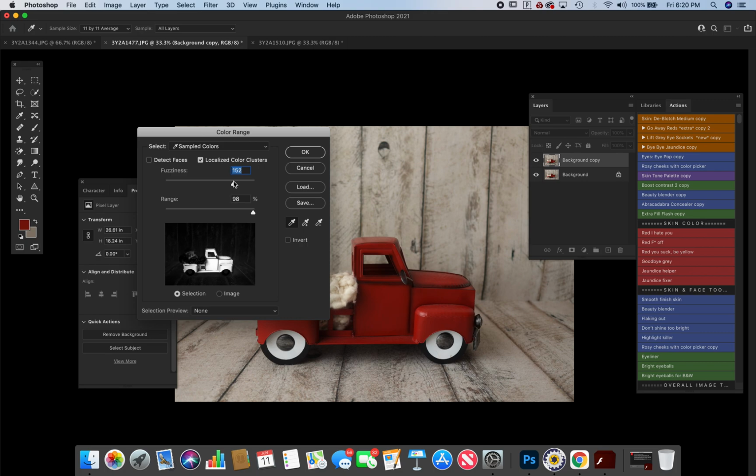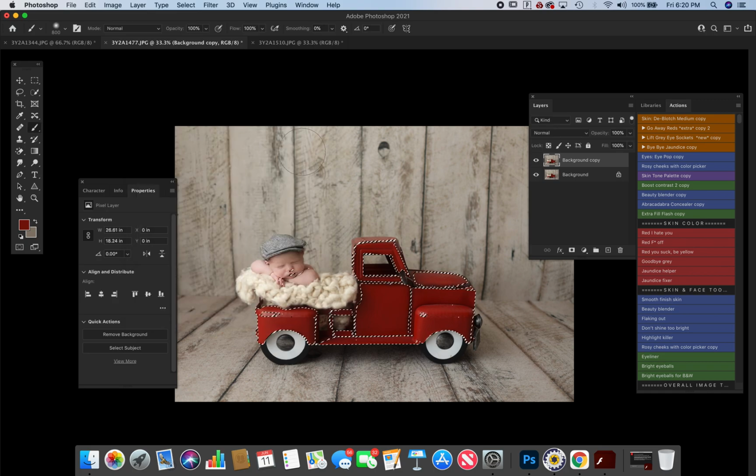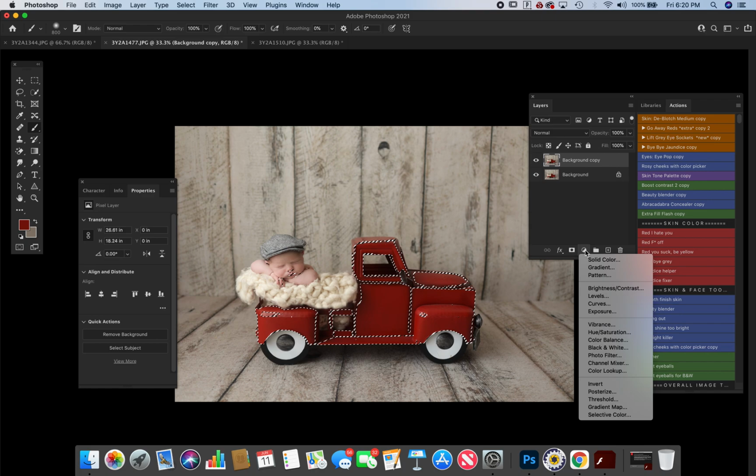We'll keep it there to do that localized color cluster, which is super cool. And then we're going to click OK. And you can see that it made the selection. I know it looks like it didn't select everything, but it did, so don't worry about that. What we're then going to do is create a hue and saturation layer. Now this is already selected, which is great. Make sure you're clicked on the background copy layer, and then you're going to go down here and click